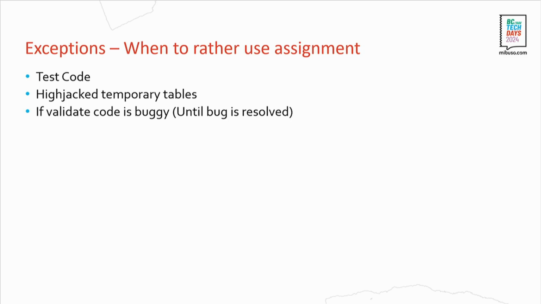Because when you have a dedicated temporary table for this, you have all the control over how you want to use it, and what validate triggers or validate events are on this one. And then the last one, of course, if the code is buggy and it just doesn't work, you cannot execute it, and that's a no-brainer, but you really should think about raising this, reporting this, and then coming back to your code if it's fixed and update it to get back on the good side of things, on the bright side.